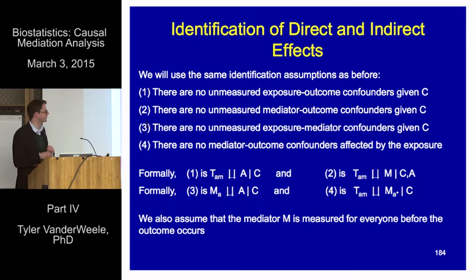We take the same confounding assumptions, we replace our binary or continuous outcome Y with a time to event outcome T, and we've got the exact same assumptions. What, however, we're also implicitly assuming here in all of our definitions is that the mediator is measured for everyone